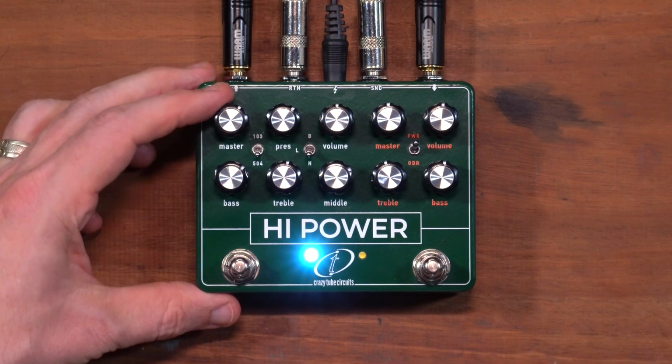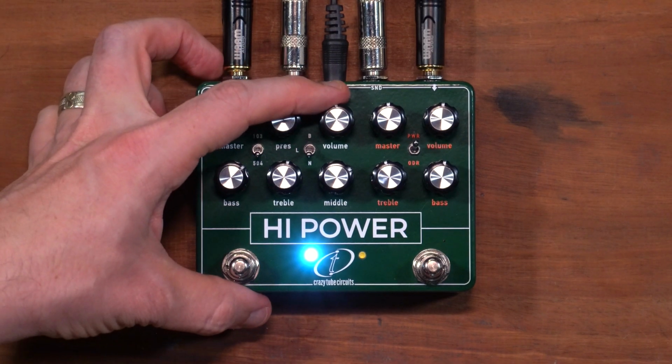I like it, that edge of breakup-y. Yeah, it sounds pretty good when you have the master up a bit and then the volume down. So it gives you that more weighty kind of drive as opposed to the other. Feels big, even though we're just maybe a bit over talking volume in the room here. Yeah. Feels like it's got some...